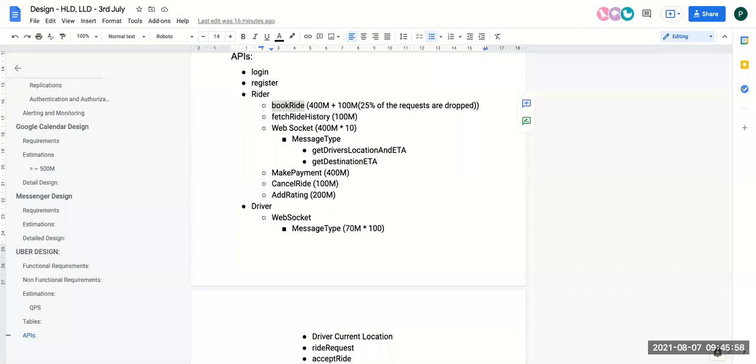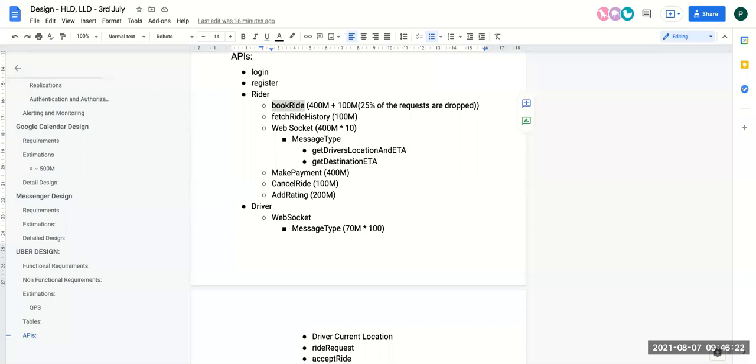I'll give you another example. Let's say you are creating Amazon e-commerce. You'll have create order and make payment. Let's say this is our API. This API will be in the front-end service. This will call the order service to create an order. Once the order has been created successfully, it will call the payment service to make a payment. So these are two different services, right?